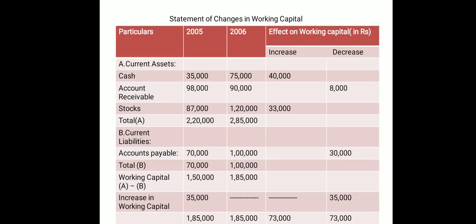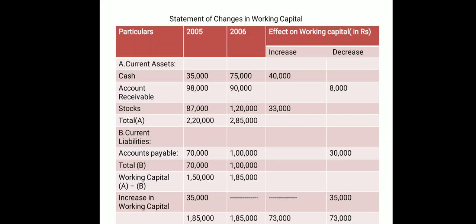So 33,000 we will post in the increase column, and after that we are left with two items under your assets heading, that is land and long term investment. I hope you know very well, land is your fixed asset and the other is very clearly given, long term investment. Okay, so those two are not a part of your current assets. So only three current assets, which all three we have taken. Once all the current assets as per the question are over, make the total of your current assets for both year columns. So in 2005 we have a total of 2,20,000 and in 2006 we have a total of 2,85,000.